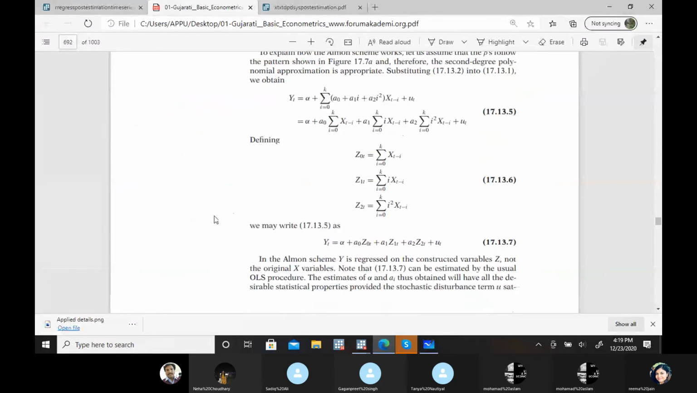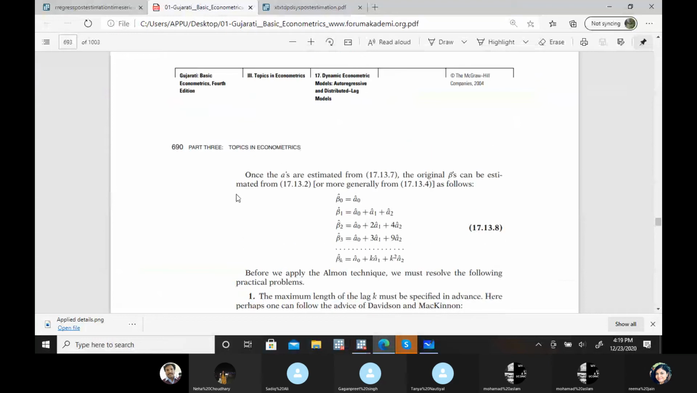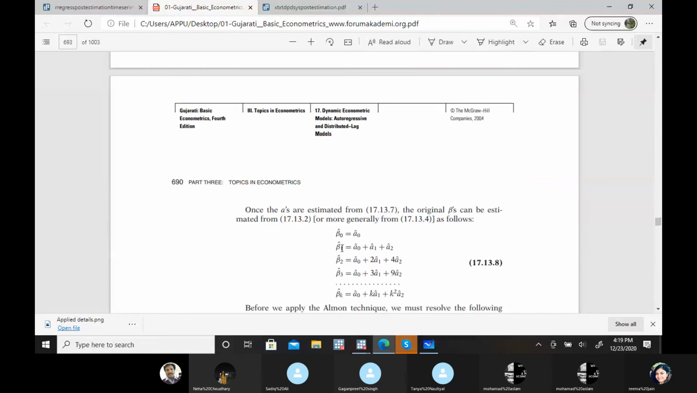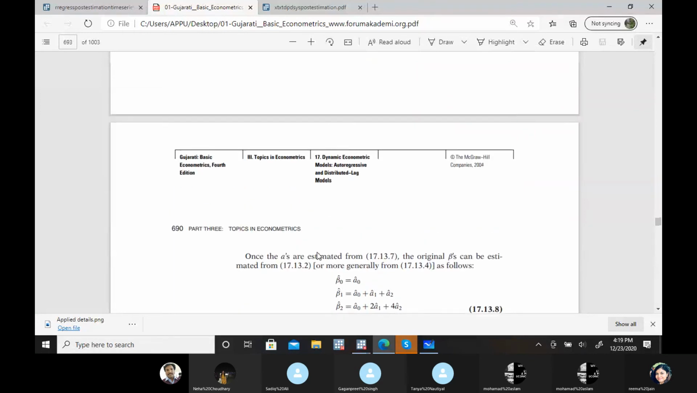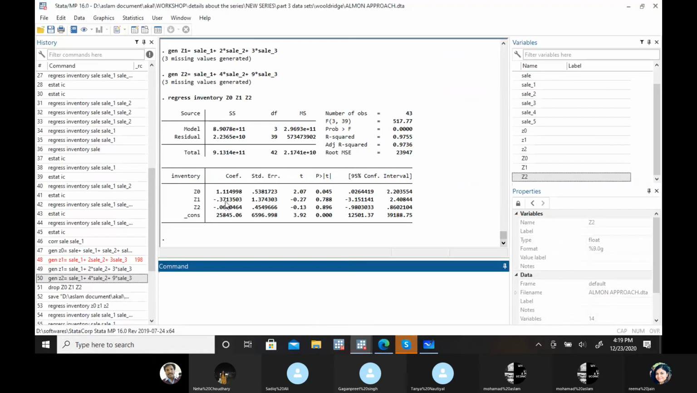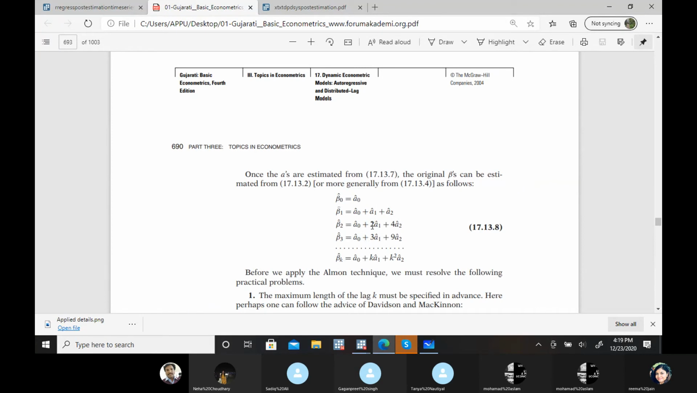For example, beta 0 is equal to a0. So the coefficient of z0 is the beta coefficient. Beta 1 is a0, a1, a2, meaning all these three coefficients. So in the regression equation, we have all the three coefficients, right? So we have beta 1 as well. For beta 2, a0, 2a1, then 4a2. So we have a0, a1, a2, so we can calculate all the coefficients. These coefficients you have to calculate in the end, after running this